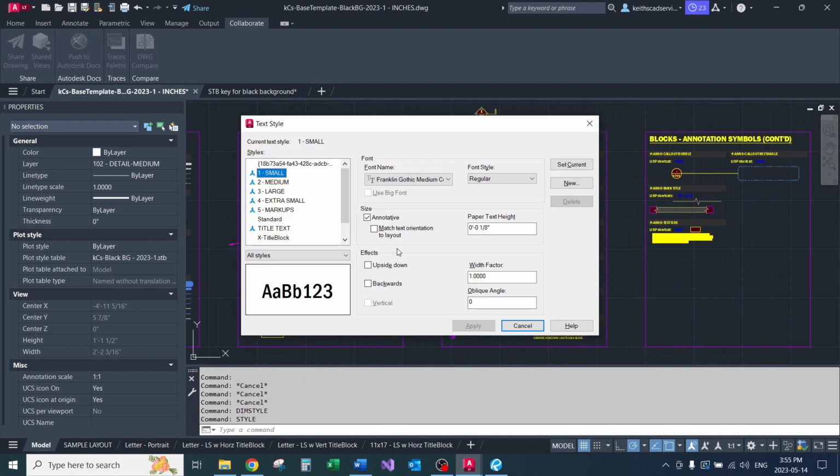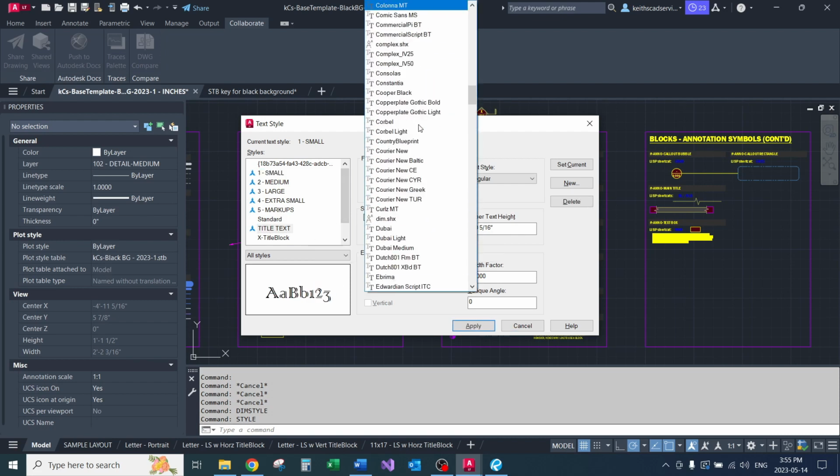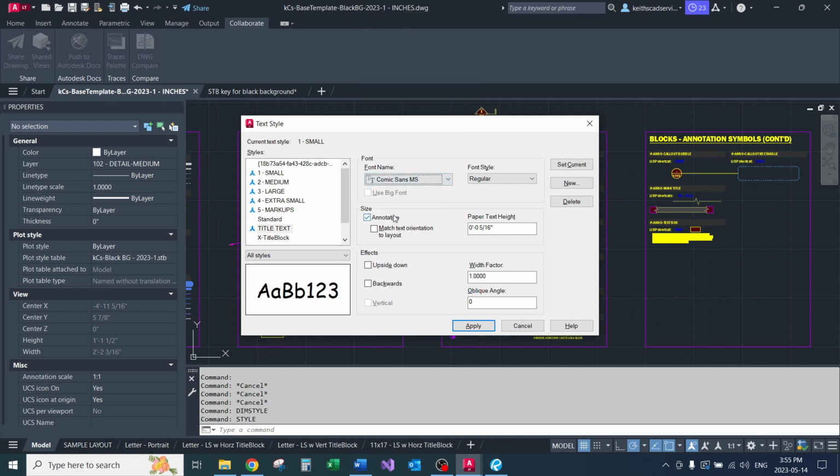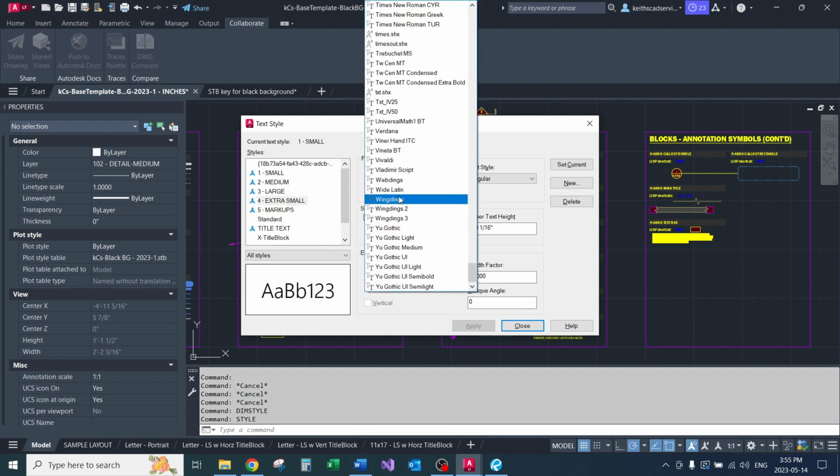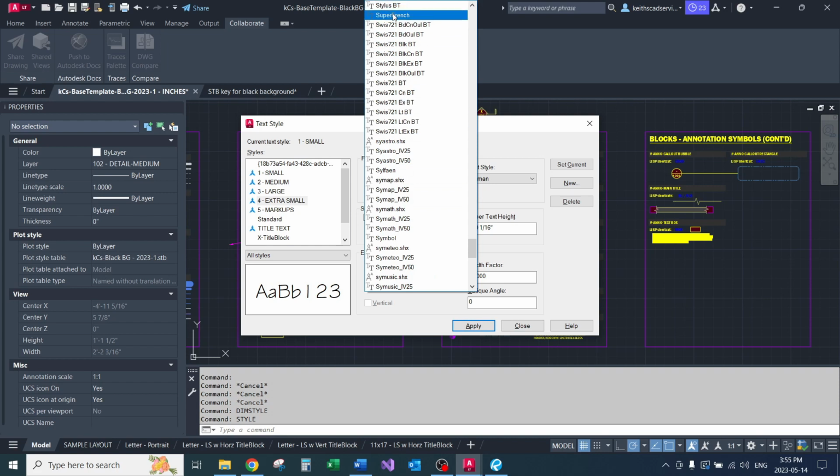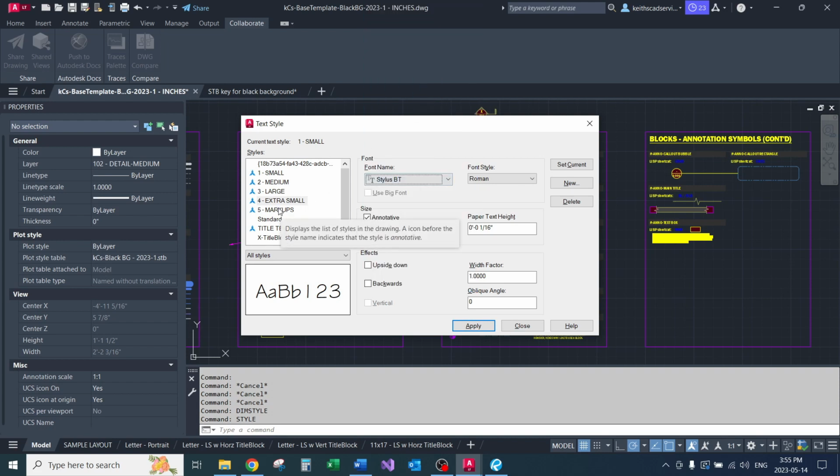Let's go to style. Let's do something kind of goofy. Let's do Comic Sans for our titles. Markups, we'll leave it as stylus, I guess. Extra small, we'll change that to stylus 2. Stylus is kind of like Comic Sans, but a grown-up version maybe. Large, let's do